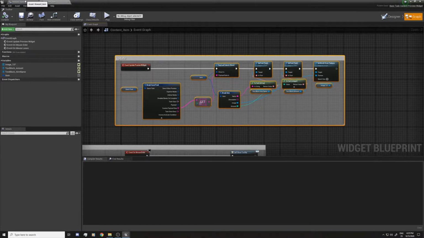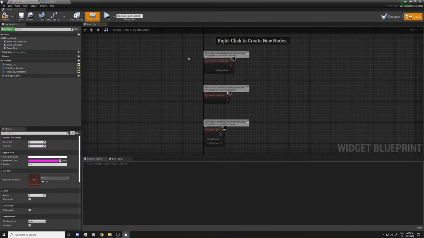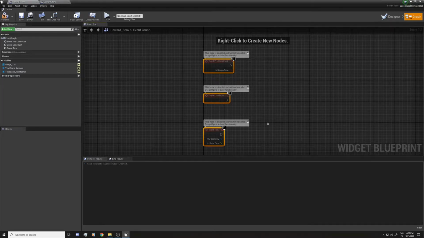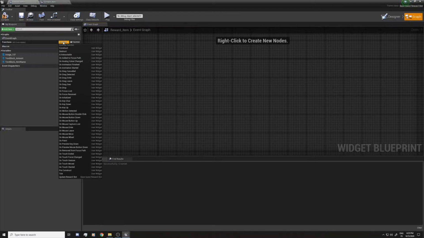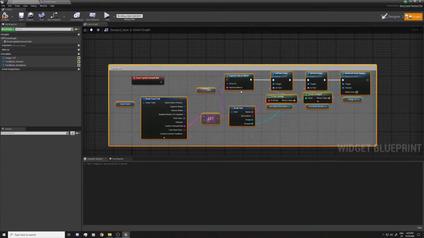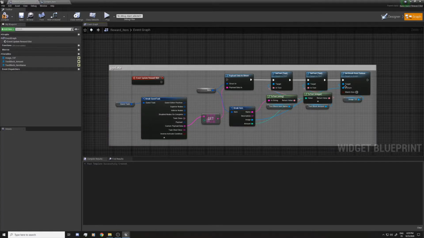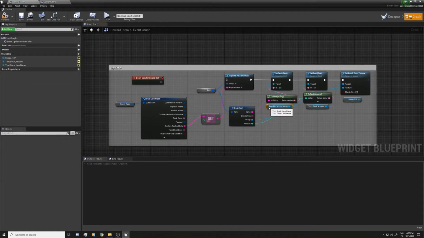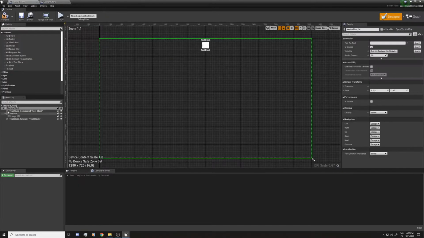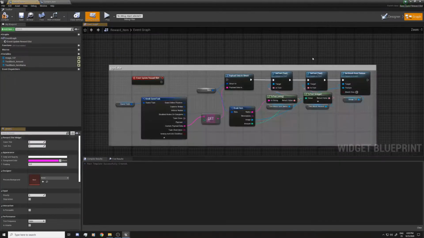For this tutorial it's just gonna be very simple. This is the reward UI. I'm not gonna use that, and we're gonna need to update the reward somehow, and for that we have this function. So we're gonna override it. I'm gonna paste all the logic from the content item, and it's gonna work because we have all the same text, the image, the name, etc. All the UI is the same for us.